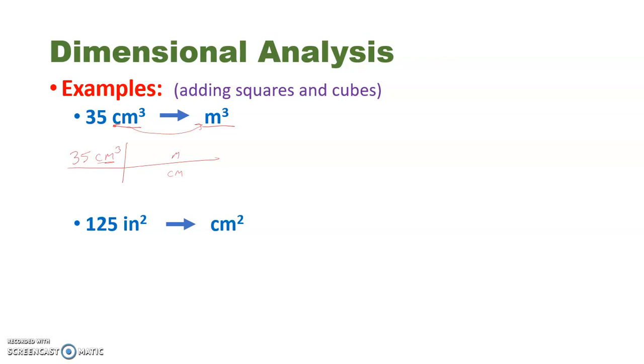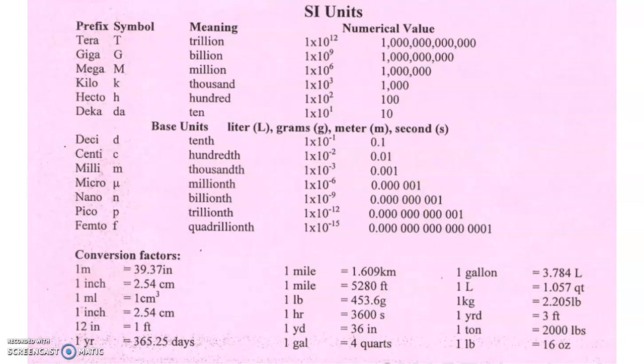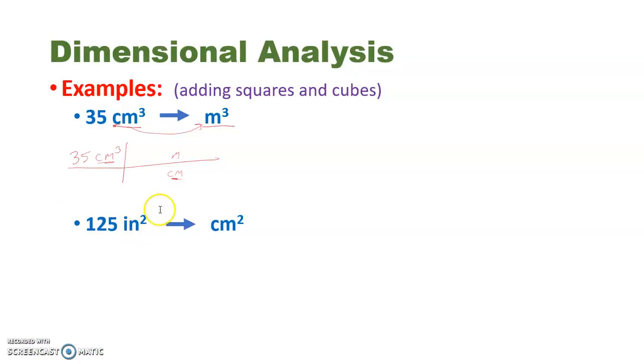I'm going to show you the hard way first, then the easy way to do this. Now, some students like to do it this way. You bring centimeters down, and you can't cube this yet because this sheet does not tell us the cube values. This is for everything to the first power. When you cube a dimension, you also have to cube the conversion factor. So we can't just stick in,